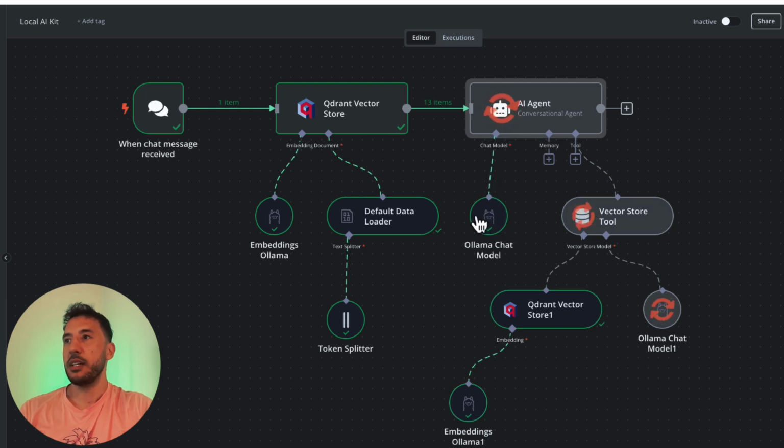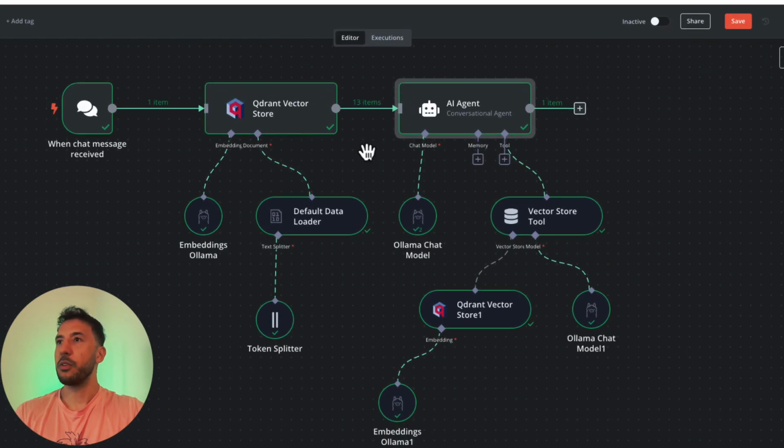Okay, as you can see, this step is complete. Now it's going to utilize the vector store tool and the Ollama chat model to be able to respond to our user's query via this AI agent. So that step is complete. Again, my computer is very slow, that's why this is taking so long. But usually if you have a faster computer, or if you're using an NVIDIA GPU, this is going to be super, super fast. All right, perfect.